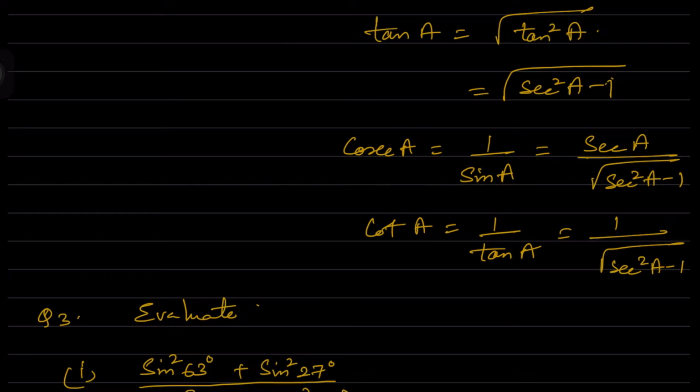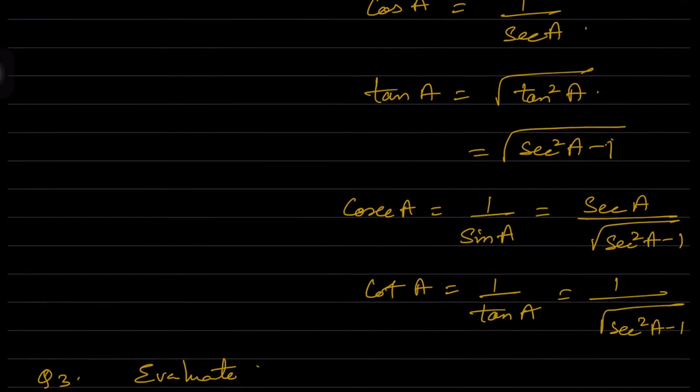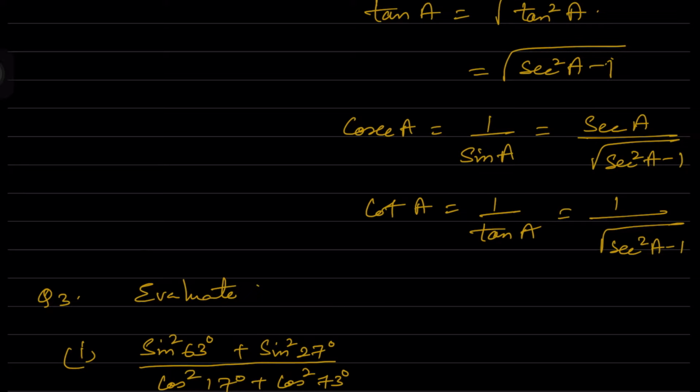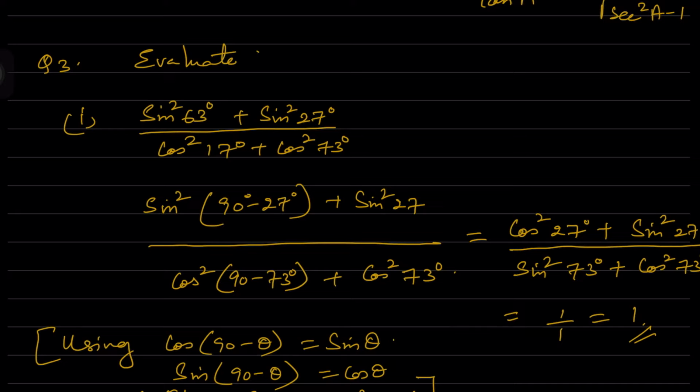So cosecant A is equal to 1 by sin A. Reverse of sin, whatever we have done, so root of secant square A minus 1 by secant A. So that is, it will be secant A by root of secant square A minus 1. Cot A is 1 by tan A, which is equal to 1 by root of secant square A minus 1. Now the third one is: evaluate sin square 63 plus sin square 27 by cos square 17 plus cos